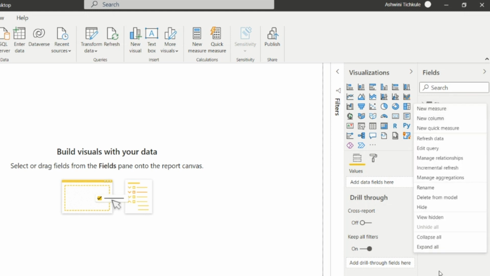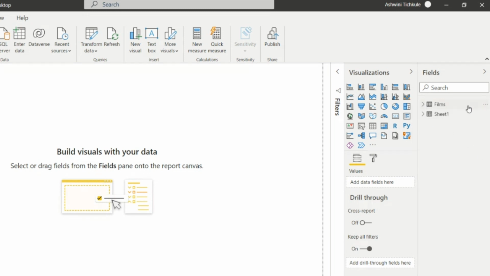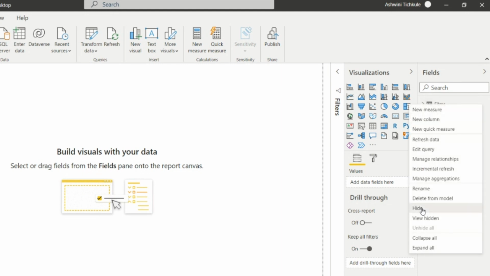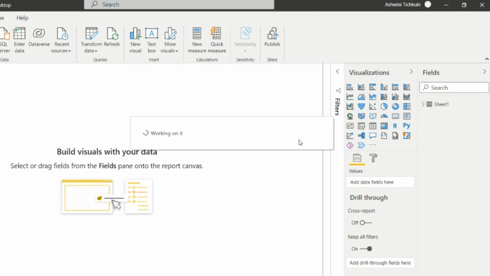Then the next option is the rename option. If we want to rename the table name, we can rename it from here. We can delete the table from this model by clicking on this option, delete from model. Then we can hide the table if we don't want to see this films table in this fields pane. So we can hide that. See, if I hide that, I'm not able to see it.